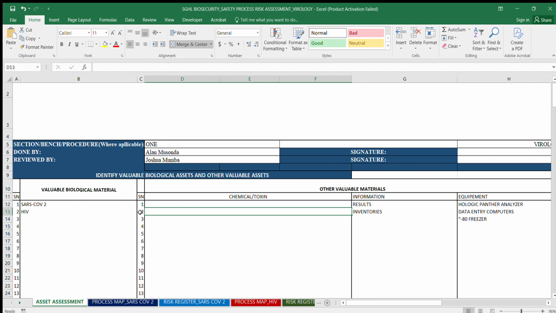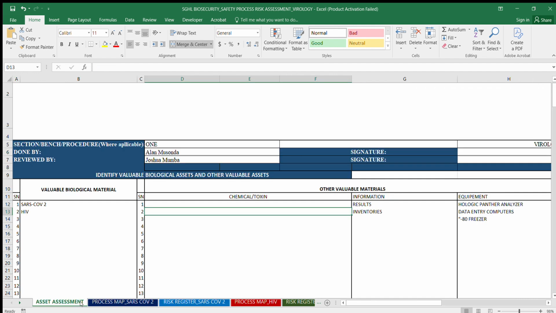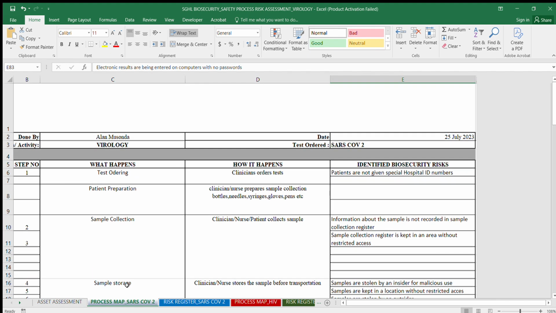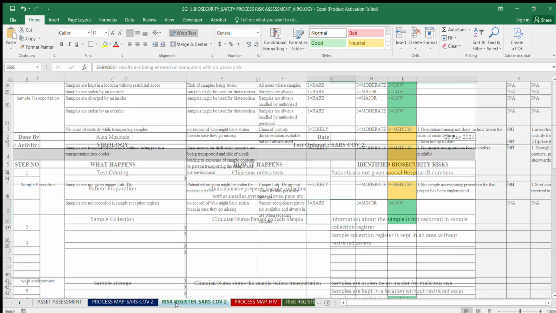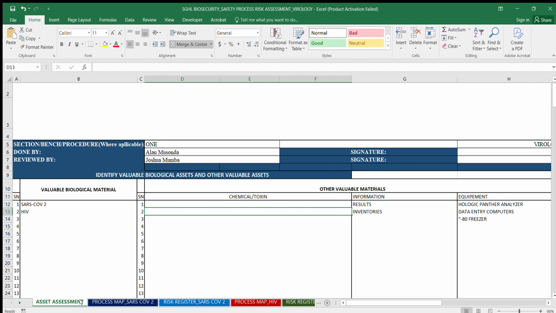So let's get started. This template has 4 main sheets. We have the asset assessment, the process map, and the risk register, some of which we also have in the other type of assessment, the biosafety risk assessment. We had similar sheets there as well. So we will start with the asset assessment, just as we started with the agent assessment in